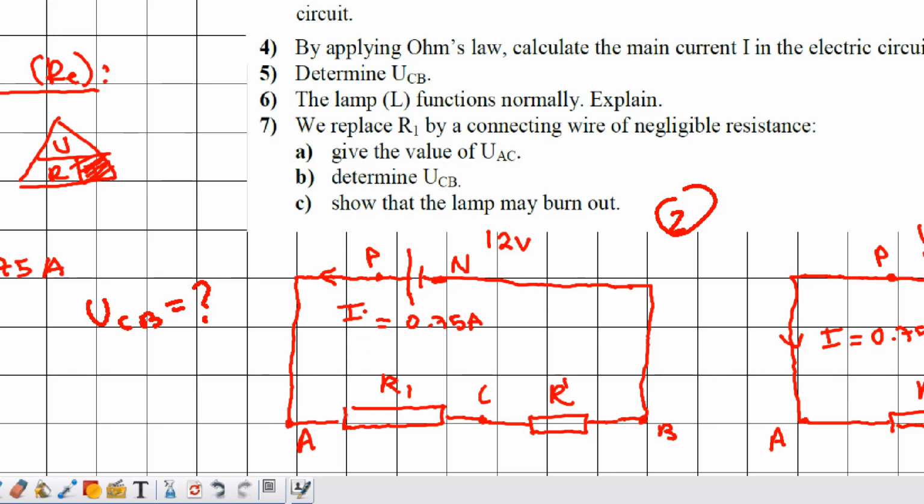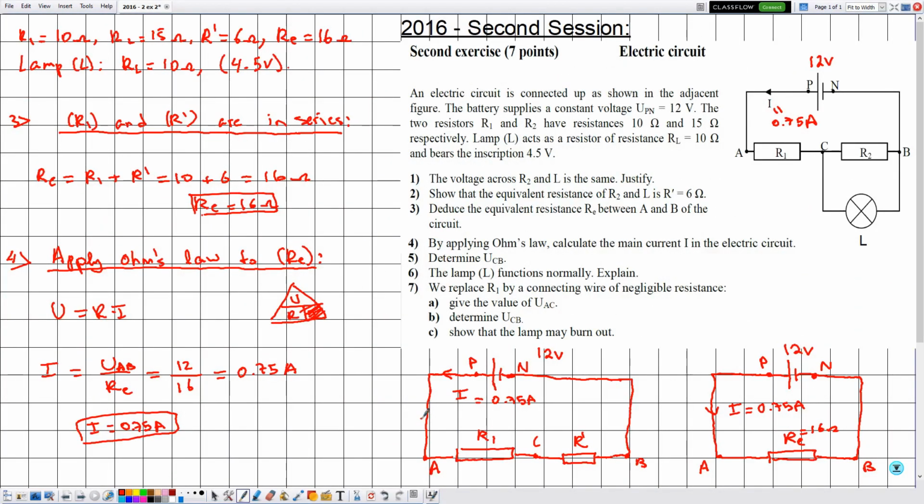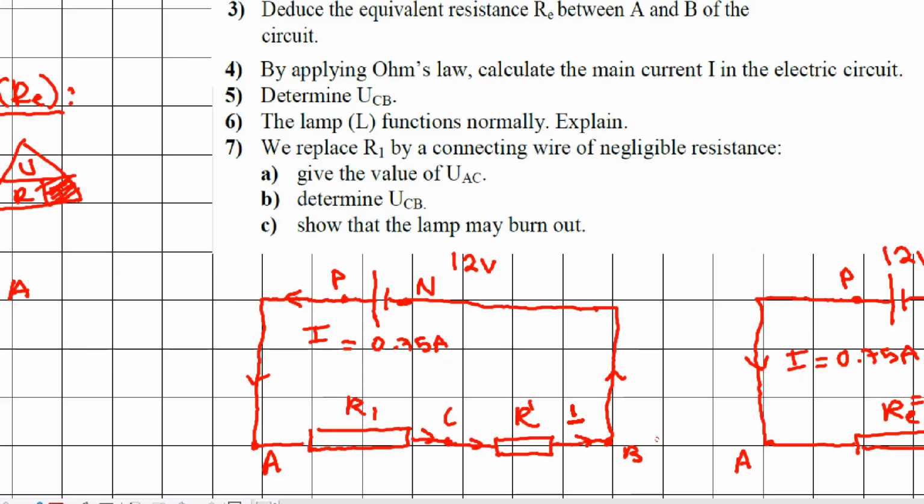We know the value of the electric current I traversing the circuit. The 3 electric components are in series, so they are traversed by the same electric current I. So we know the value of I, which is 0.75 amperes,